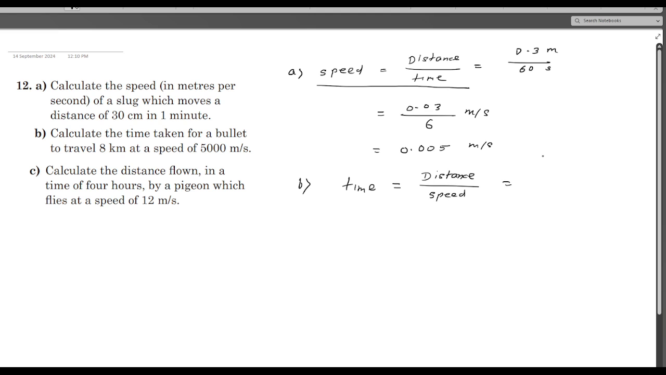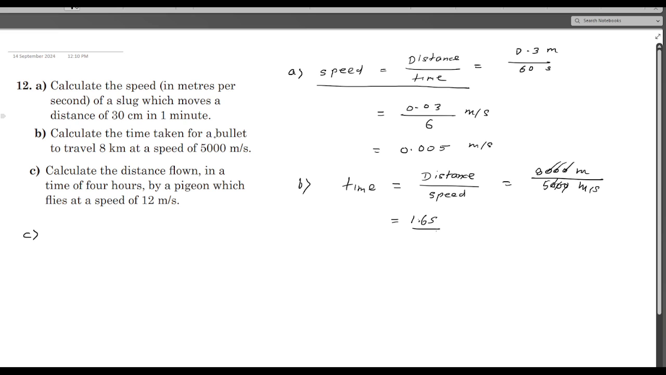Now your distance is given 8 km, which is 8000 meter, and your speed given is 5000 meter per second. So this will give you time in seconds. So 8 upon 5 is 1.6 second. So your time taken for the bullet to travel 8 km at a speed of 5000 meter per second is 1.6 second. And third,